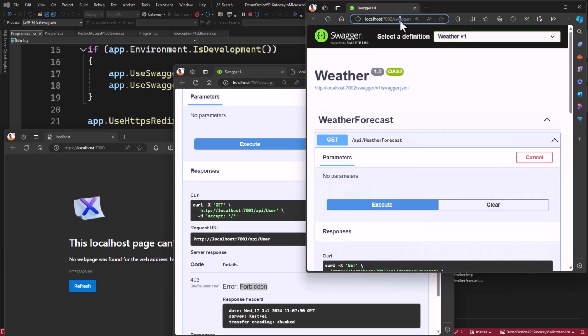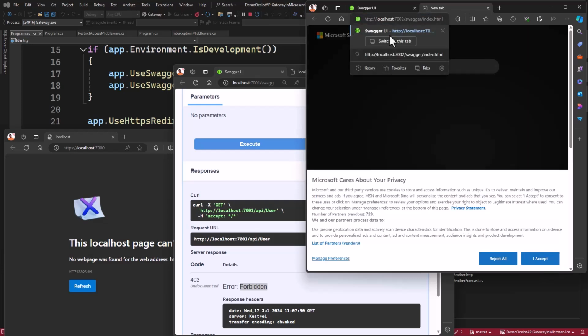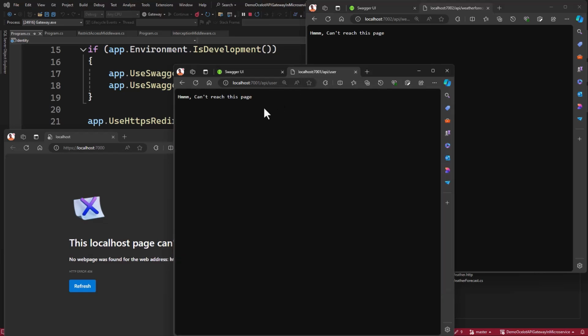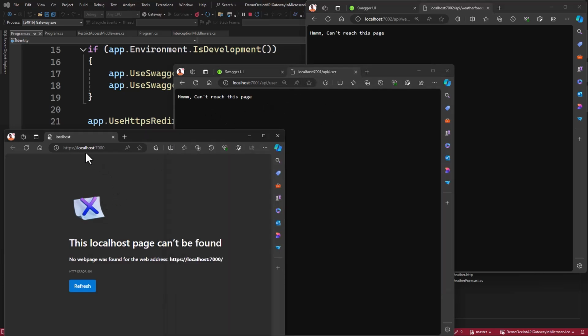Let's grab this. Open a new tab. Then we're going to say API/weather forecast. Now let's test this out. The same thing. Hope you are getting it. Now once we have the same can't reach this page, let's go to the gateway.